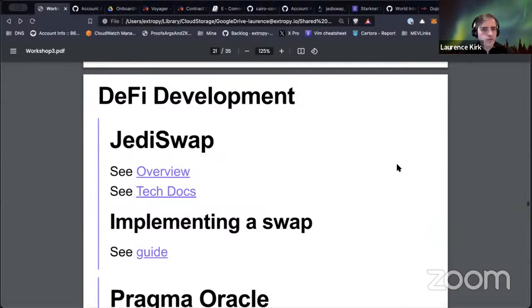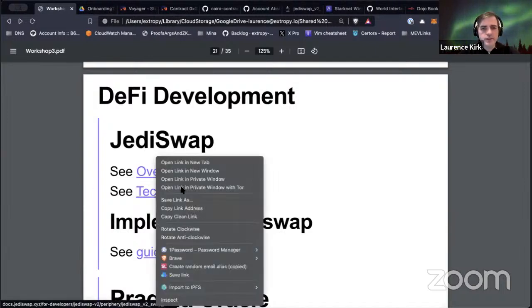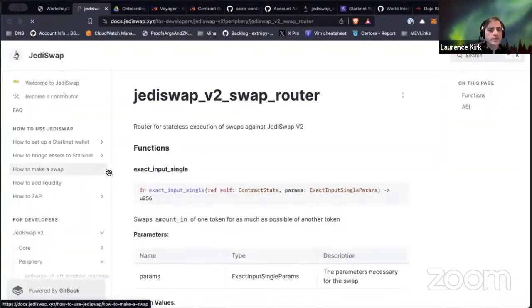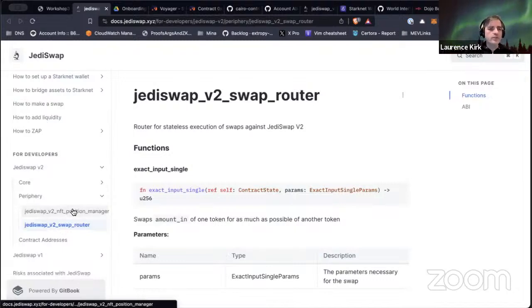We'll go back to DeFi development, and let me just close some tabs. We'll talk about JediSwap again. Now, I realized that last session, I'm sorry, when I was going through the guide for this, looking at the swap,